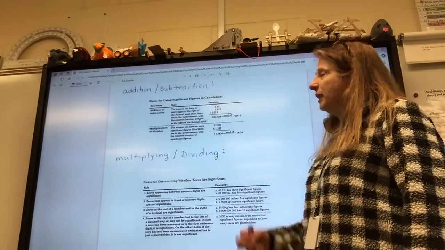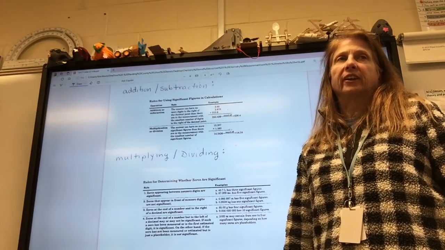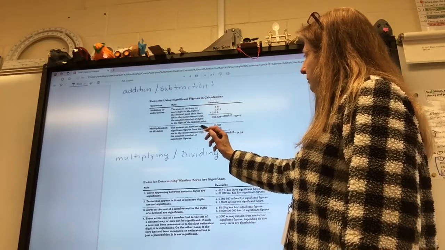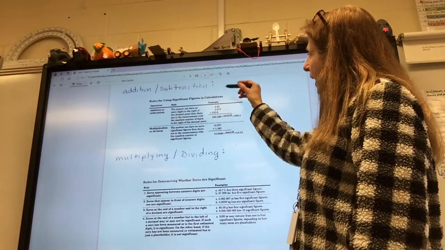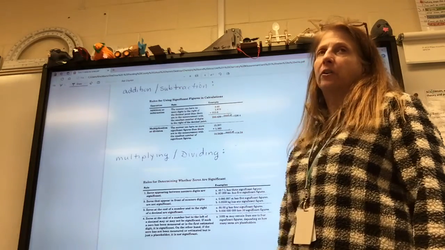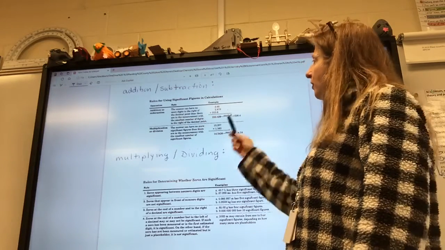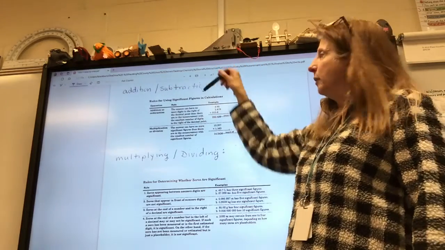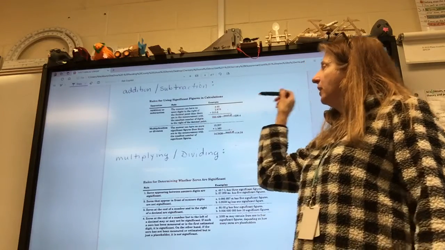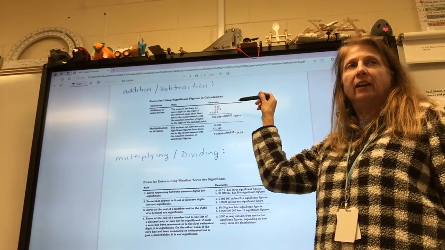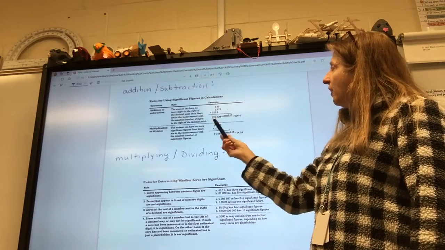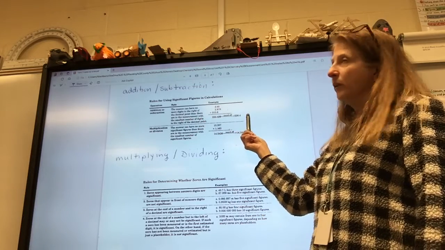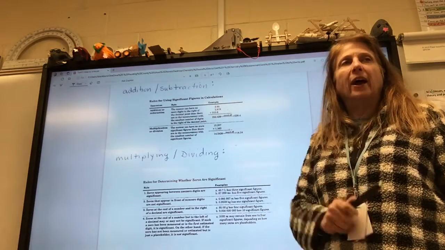Okay, so let me show you the rules again for sig figs and sig digs. See how cool I said that? Everybody look at the rules, okay? Adding and subtracting. Here's an example problem. You use all your digits and add it up on your calculator. Now we're ready to round it off. We find which one is the worst number. Which one was measured on the worst piece of equipment, and it's the third one because it only goes to the tenths. Does everybody realize that? So we round it to the tenths. So the 2 leaves the 4 alone, and it's 220.4. Everybody understand adding and subtracting?